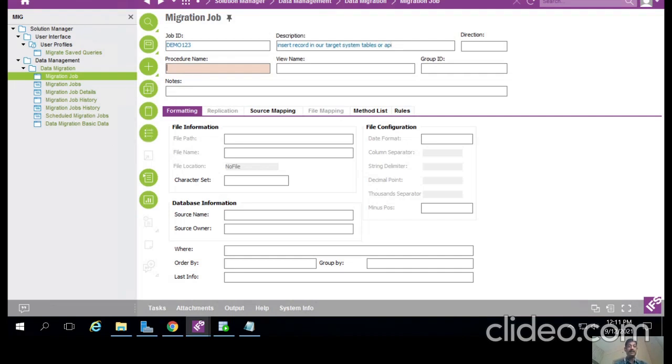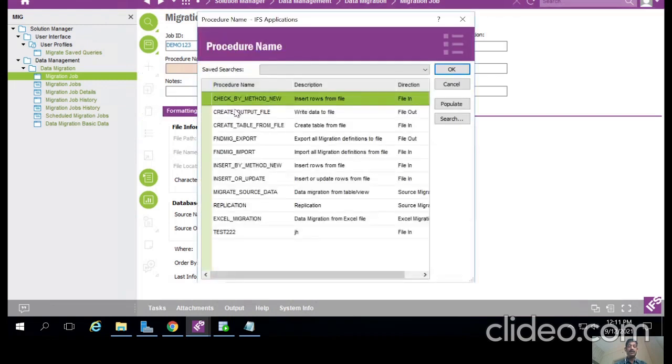The most important section is the procedure name. Correct? So in our case, when we are talking about data migration in your IFS application, data migration is performed on your logical unit. Logical unit means where you define your pages. Suppose one page has multiple child types, multiple tabs.